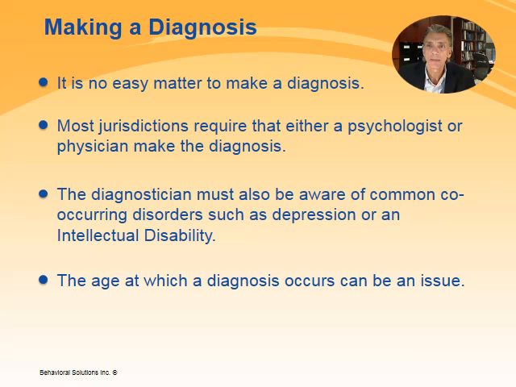Age at which the diagnosis is made can be an issue as the presentation of symptoms can change over time. Such changes in symptom presentation can occur not only for various biological reasons, but also due to the person's learning history. It is also more likely that it will be individuals with milder symptoms in the first place who may only later be seen for a diagnosis. Such individuals likely had harder to recognize symptoms as a young child, making the diagnostic process particularly difficult. It is when the demands of the current situation place too much stress on the older child or adolescent's ability to adapt that the symptoms become more obvious and thus a diagnosis is made.